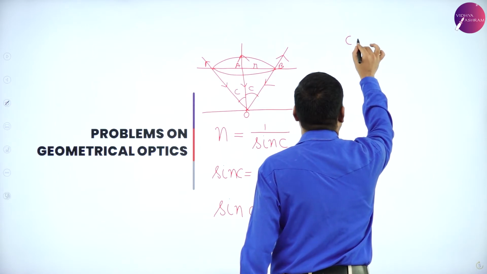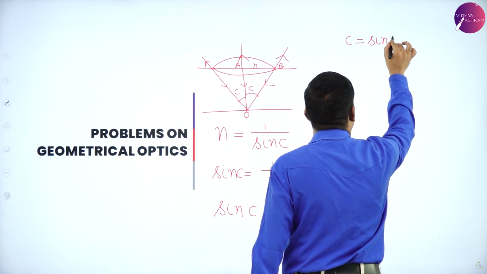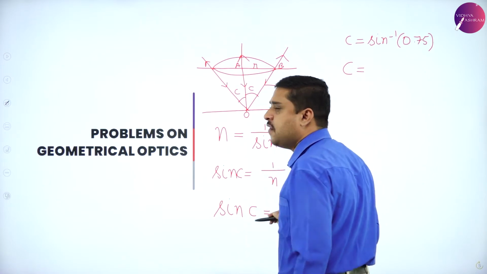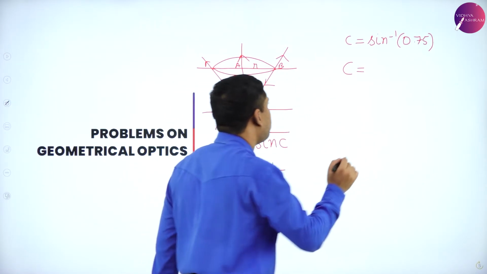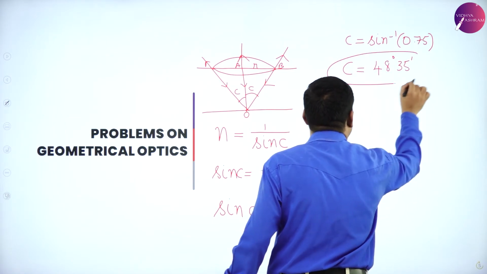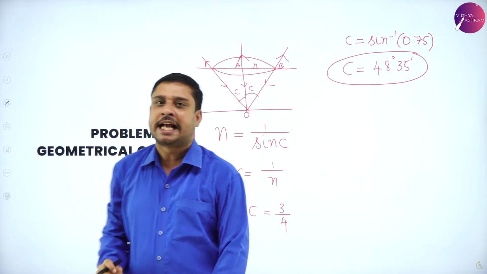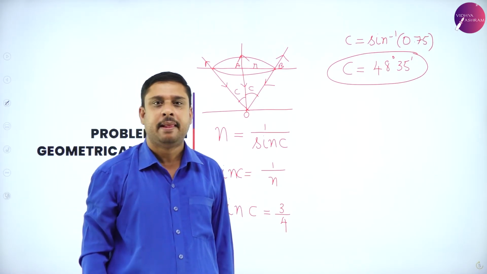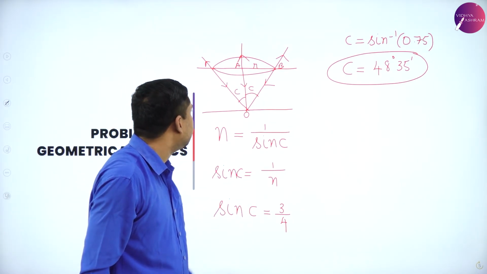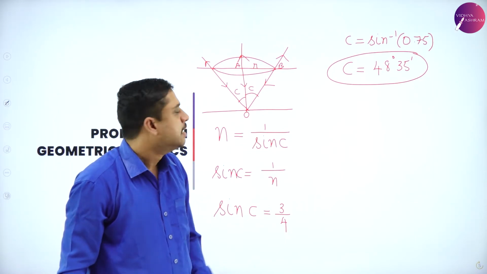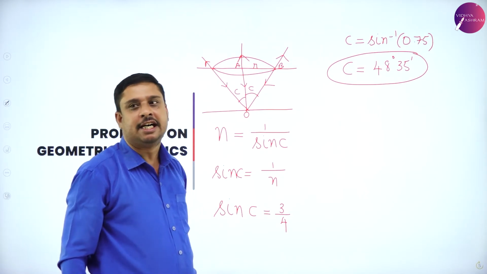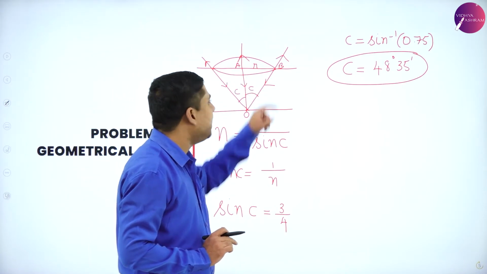Now, C is sine inverse 0.75, from which I get C as 48 degrees 35 minutes. So now, since I knew the refractive index of water, which was given to be 4 by 3, I use the relation n is 1 by sine c, substituted, calculated C as 48 degrees 35 minutes. Now again I refer back